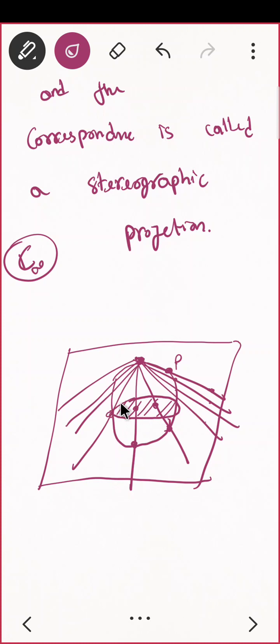You see, a point and a complex number, something like this. So for each point of the surface, I'm able to find one. But what about this north pole? Can I find a point that will correspond to infinity? So that is called C infinity. So I'm able to give a map. So let us see what this map will be.